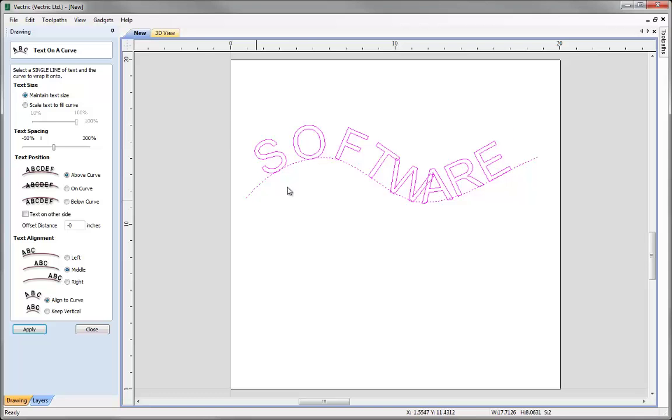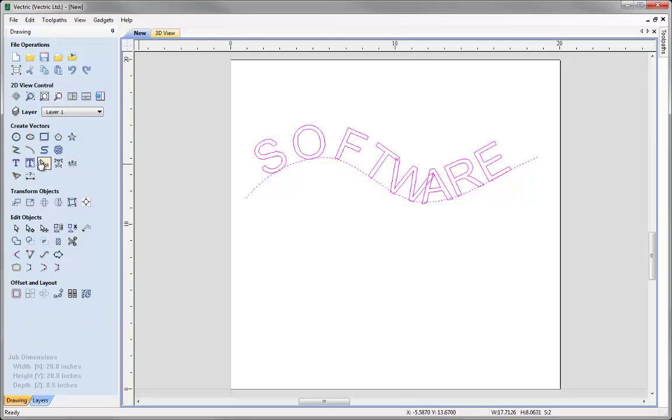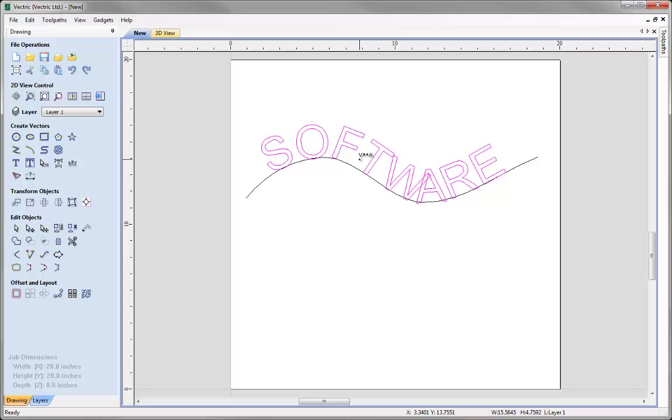So let's say, for instance, I'm happy with where the text is on the line at the moment, but I just want to edit the individual spacing in between all the characters. I'm not able to do that on this tool here, so what I can do is click close and go back to the option to edit text spacing and curve, and that will then allow me to select the text and actually individually edit all of the spacing in between the actual text characters